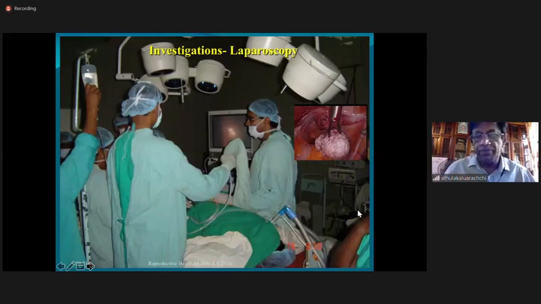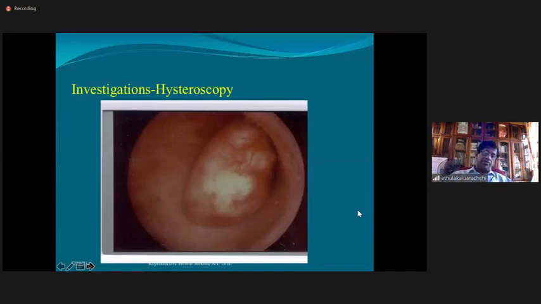And then if you are not sure what the tumors are, you can also have a look through a laparoscopy and confirm your diagnosis if you are not sure what the pelvic tumors are. But present day imaging is quite accurate. You can certainly manage with your ultrasound scans and the CTs and the MRI. In situations where you suspect